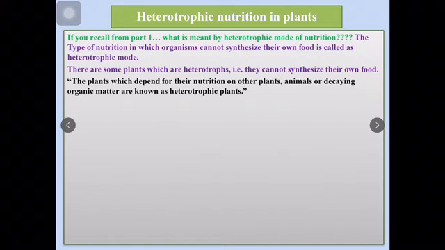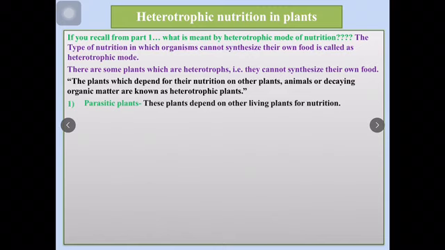Or if an animal dies, then after few weeks or few days it is removed from the nature itself, because there are some decomposers in the nature. So some of the plants also become dependent on these dead and decaying organic matter. So heterotrophic plants can take their nutrition from other plants, from animals, or from dead and decaying matter. There is one more type of heterotrophic nutrition in which two different types of plants start living with each other and they supplement their requirements, which we will see later in this part.